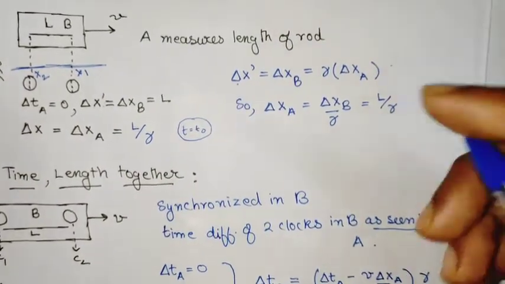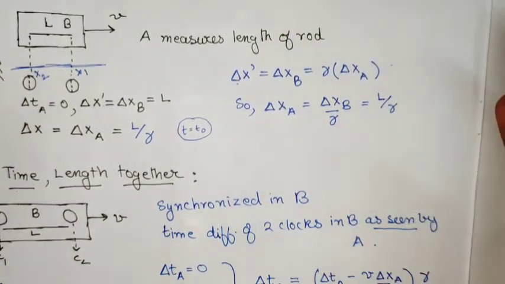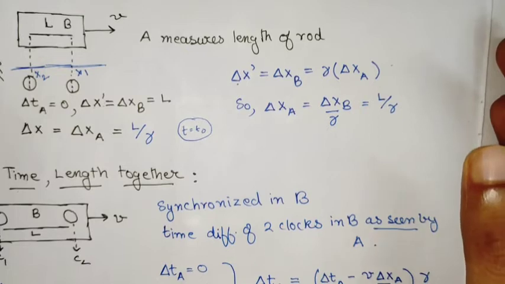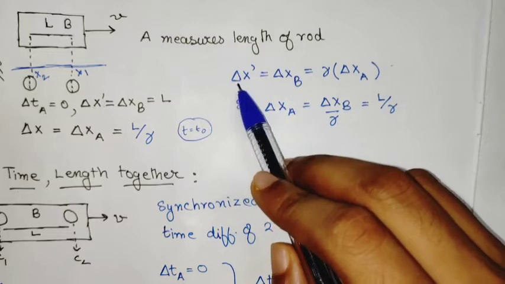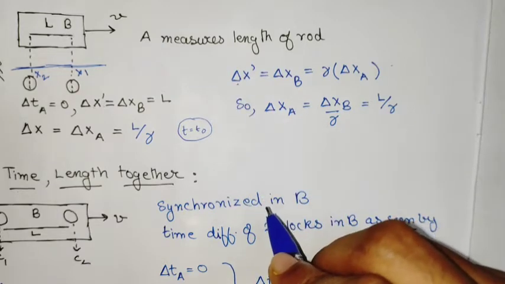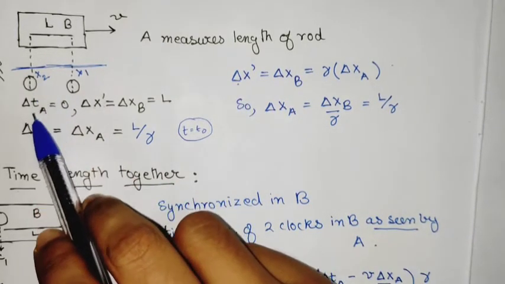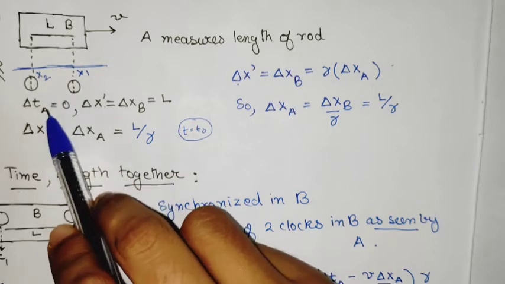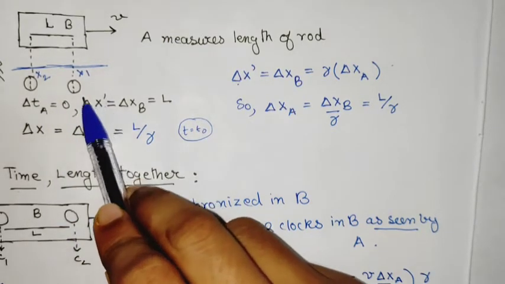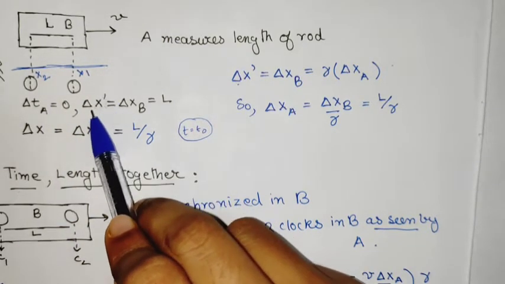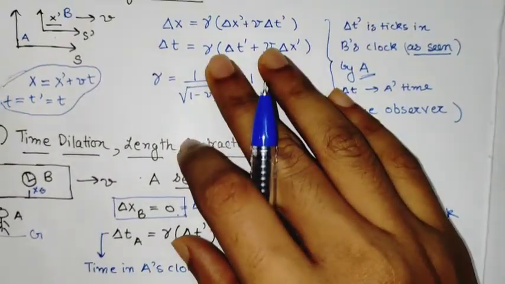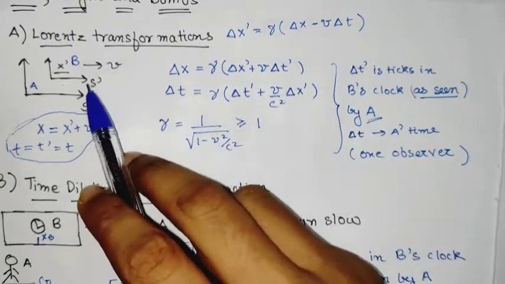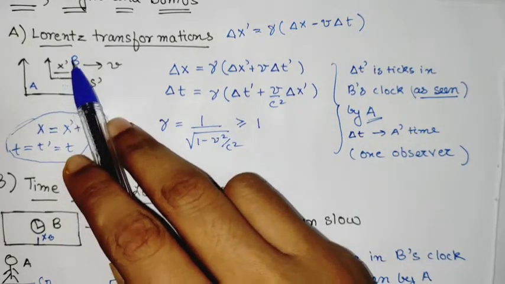So the way to find it is that we use again the Lorentz transformations, but with the frames we have to understand which frame we need, because now what we are given is the time difference in A frame and the length in this frame of B. So let's see.